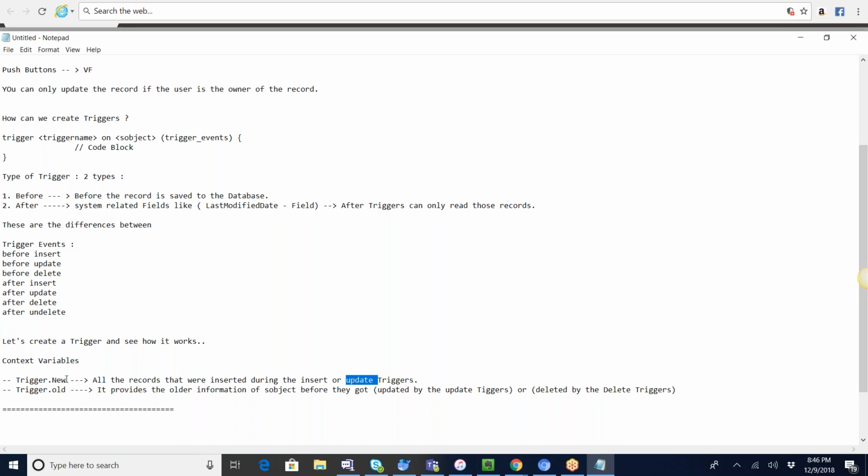Okay, that is where you get the trigger.new. You cannot get the trigger.old when you do an insert, because that is a brand new record that we are inserting. But the trigger.new is available in both update as well as insert. The trigger.old will only be available in the update, because you already have